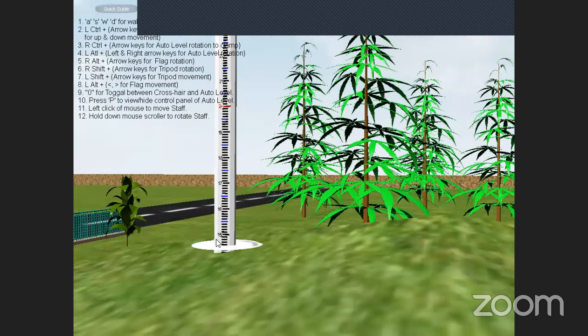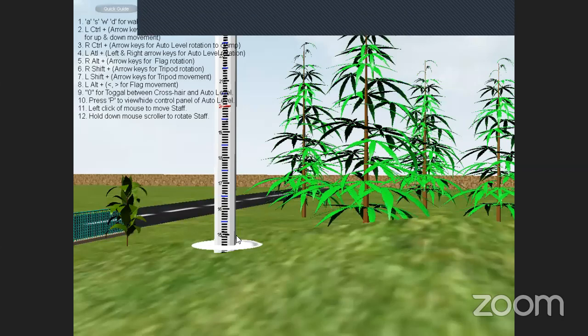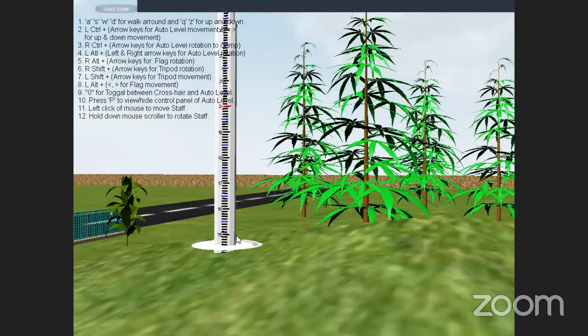So they didn't give the position of where to keep the instrument. Generally, the instrument position is not that important, but it is about the visibility for the back side as well as the intermediate side only. Based on the topography, we need to adjust the instrument properly so that you can see the back side as well as the intermediate side.